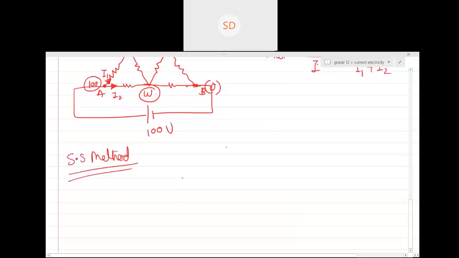How many different points do you have? You have 5 different points, right? So can you see A, B? This point is your X. This point is 50, the W. And this point is Y. Sir, why are you arranging in this manner? Because A was 100, X was 62.5, W was 50, Y was 37.5, and B was 0. So can you see decreasing order of potential? So I have arranged them in decreasing order of potential. Yes or no?